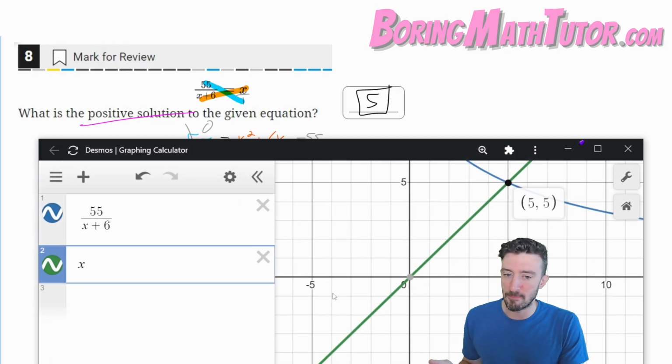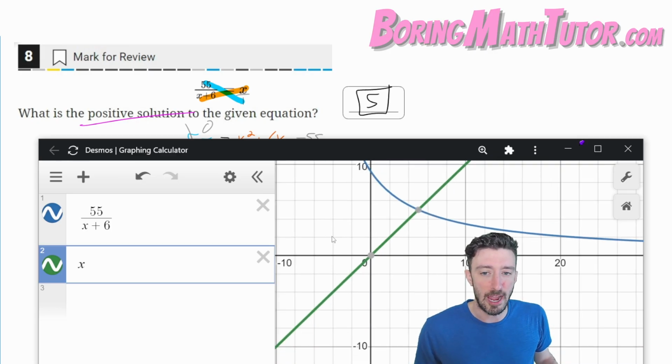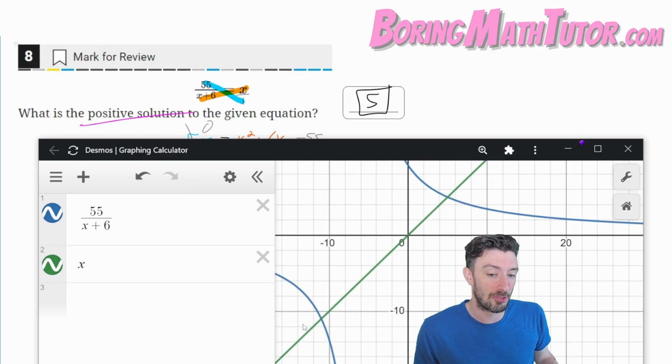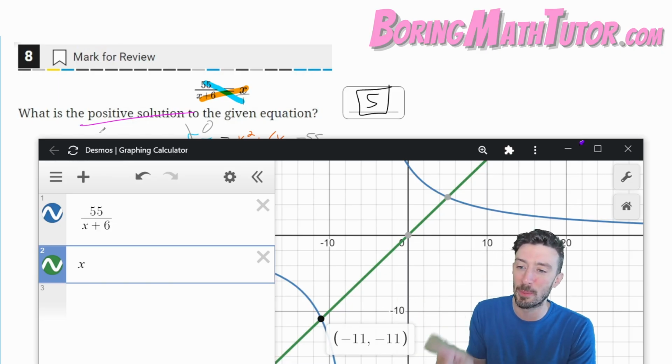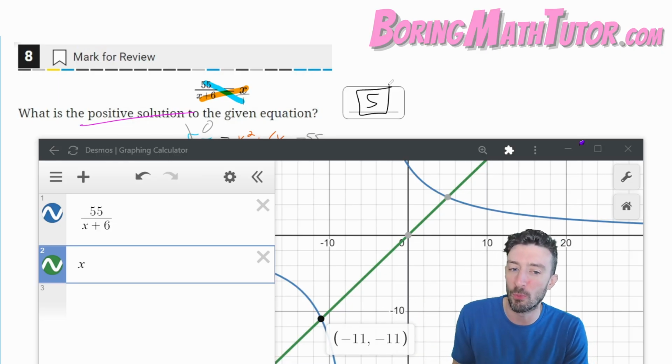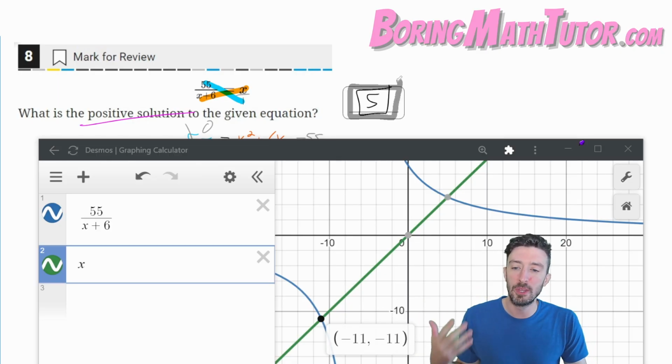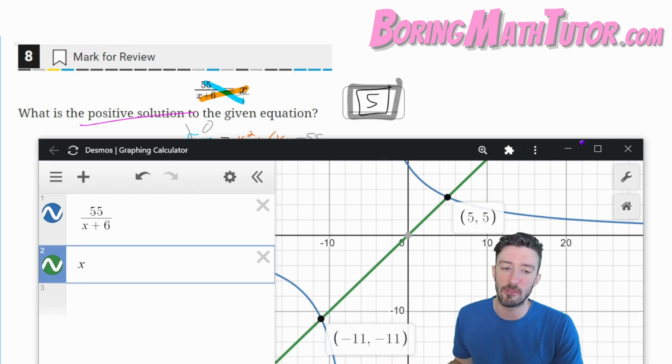Now, by the way, I didn't mention that when you're looking at the graph, there also should be another solution. And indeed, if I zoom out, there's another one at negative 11. But remember, they asked for the positive solution. So no matter what way you do it, you got to only use the positive answer, and once again,